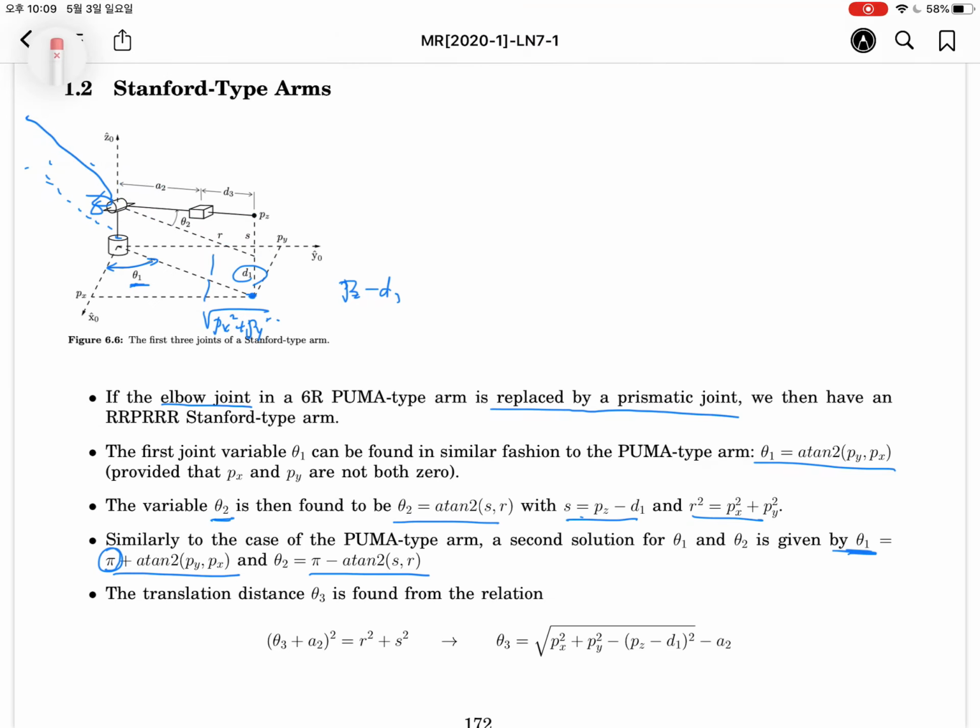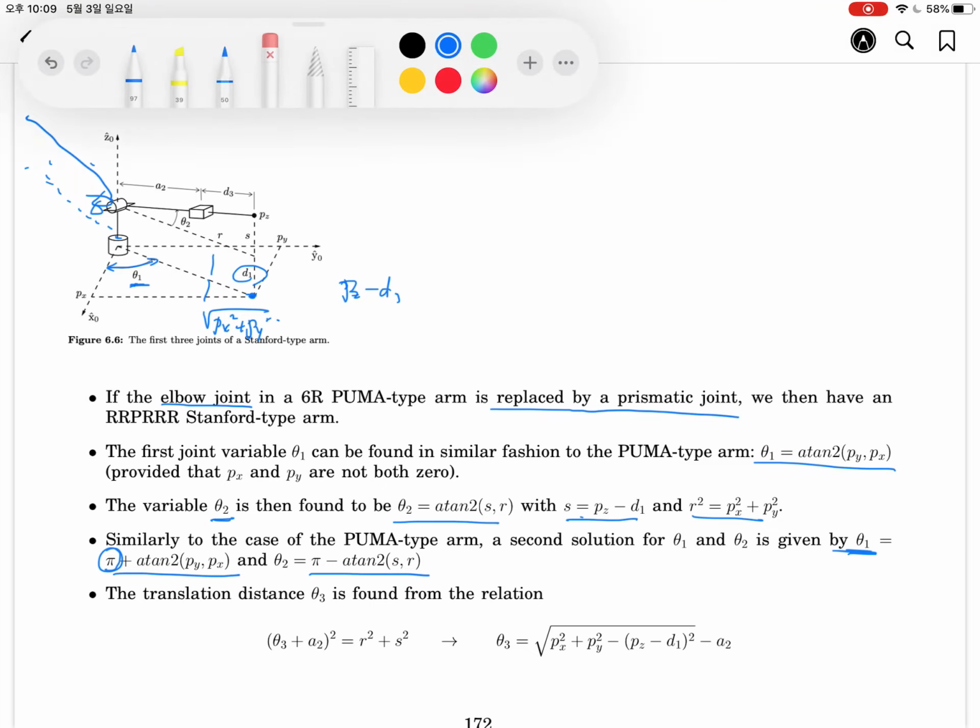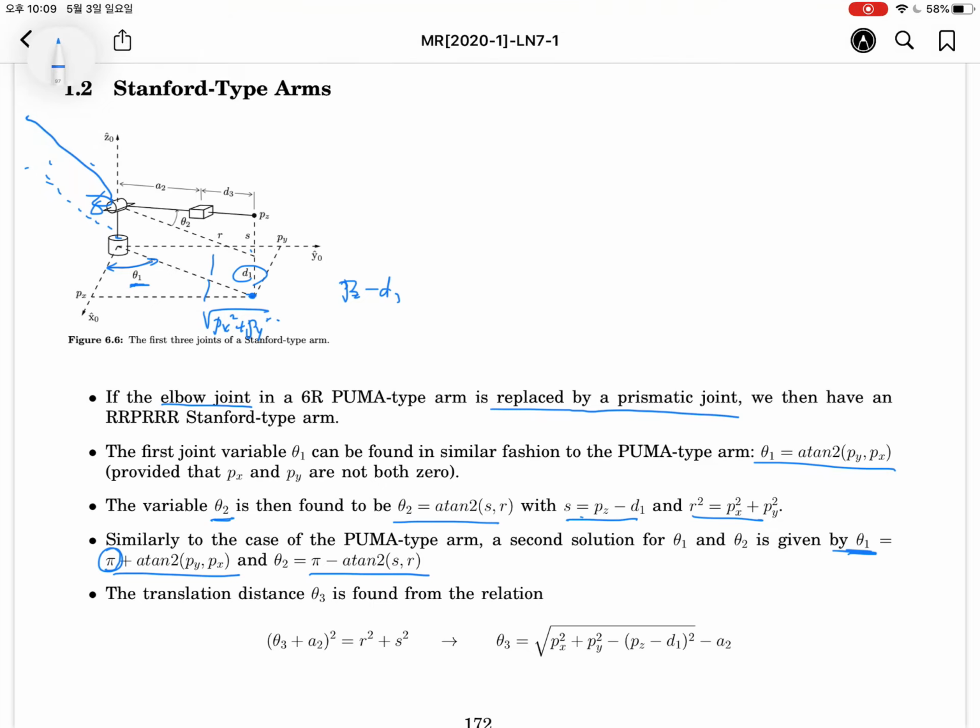And theta 3 is very easy. Using the triangle, these are orthogonal to each other. So A2 squared plus theta 3 squared will be equal to r square plus s square. So we can determine the theta